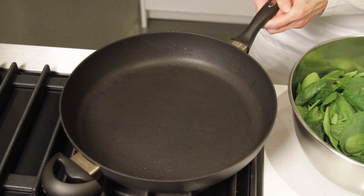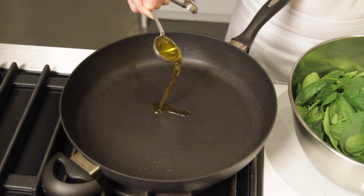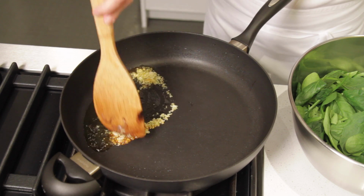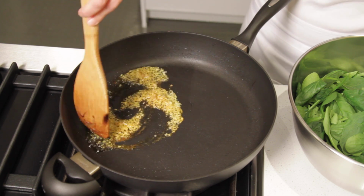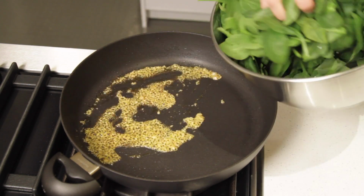Return the pan to the stove and heat it over medium-high heat. Add the olive oil, the cayenne and the garlic. Now saute for a few seconds until the garlic releases its flavor, but definitely you do not want to brown it, otherwise it will turn bitter. Now add the spinach